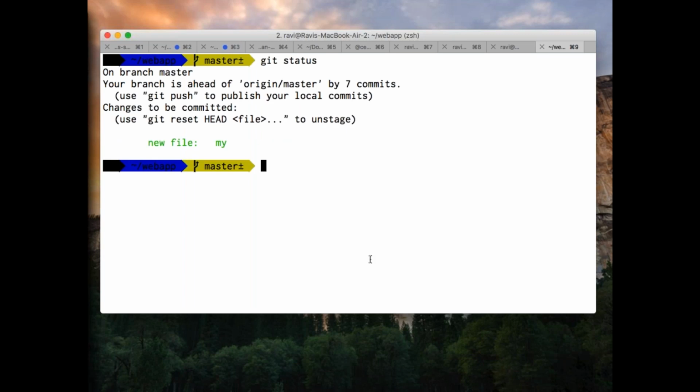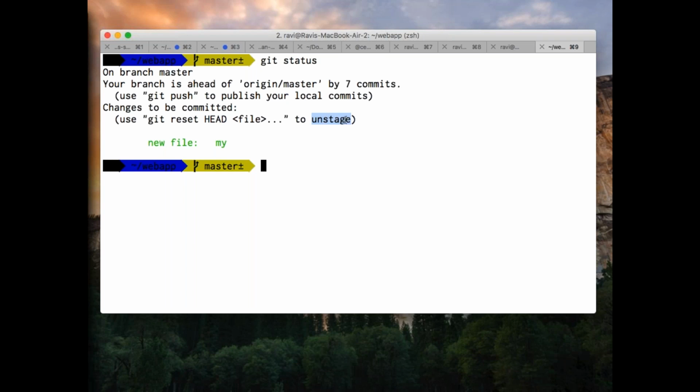If you want to undo the changes, what do I need to do? Nope. If I do rm, what happens? It's in my staging area, not in my local. So that's the reason why it says, first you need to unstage the changes, then you need to remove it. Three areas. You currently moved your file from working copy to staging copy, right? You need to bring that staging copy back to working copy, then you need to delete it.